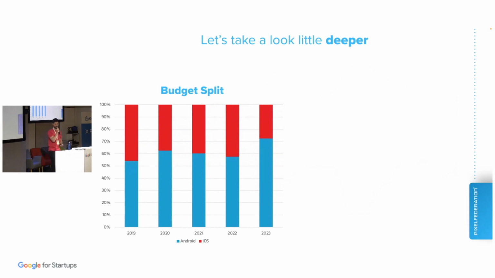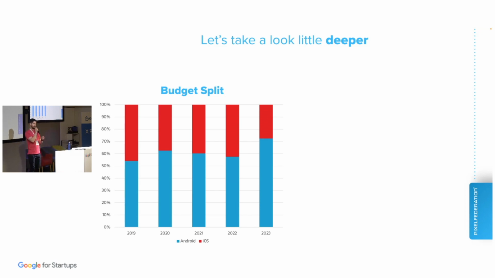When we launched the game, it was basically 50-50. Then it moved to 60-40, more towards Android. But this year, iOS budget only accounts for 30%. And that's not good since the iOS market is pretty huge. It's pretty rich, they have money, and players are still there. We just can't find them as efficiently as we used to in the past.